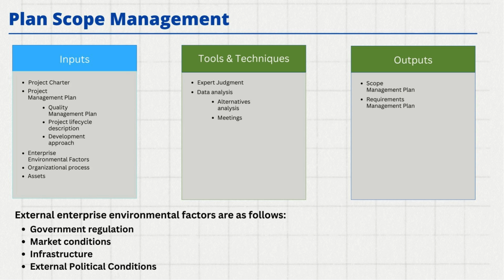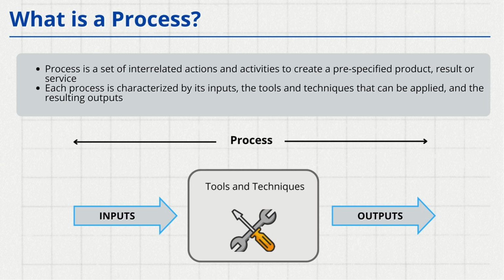By the end of this process, what output can I expect? The primary output is the scope management plan, which helps in understanding the overall approach to scope management within the project. Additionally, I would have the requirements management plan, which defines how requirements will be managed throughout the project. This includes handling new requirements that arise even after the project has started. The agreed-upon approach for managing these requirements as a team is also documented. This is just one quick example.